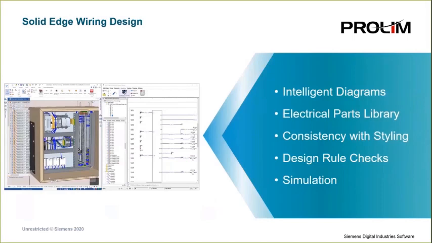So in my demonstration, I'm going to show you the value of these intelligent diagrams. What do you get? What do we mean by that? And one of the important aspects of the software is this electrical parts library. I'm going to talk a little bit more about it, but that's really key to this intelligent application. You'll see that we have things like styling. What styling means is that we can set up standards so your graphics and the diagrams will look the same no matter who on the team is actually creating that wiring diagram. Font sizes, off-sheet references, title blocks, all that, so we can communicate as a team and it's easy to